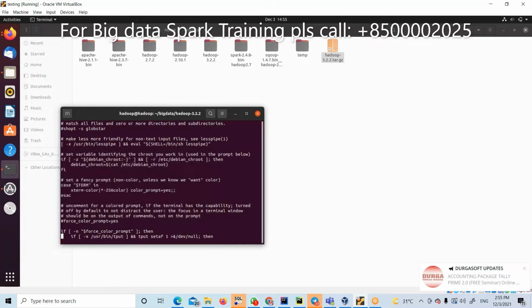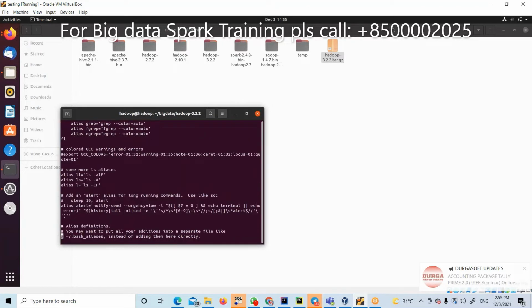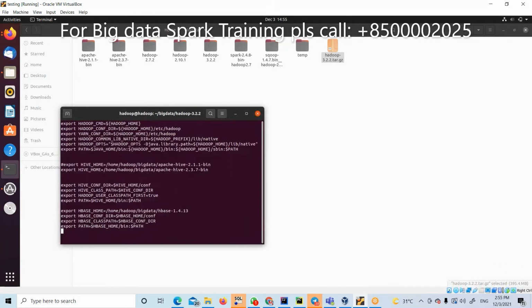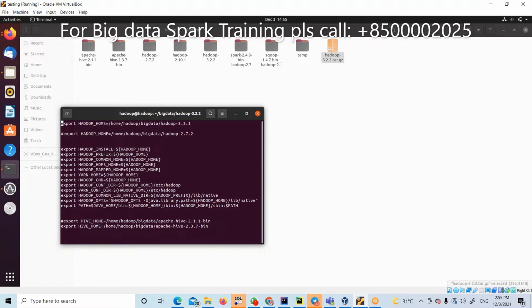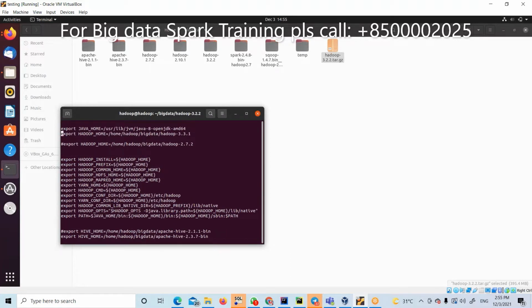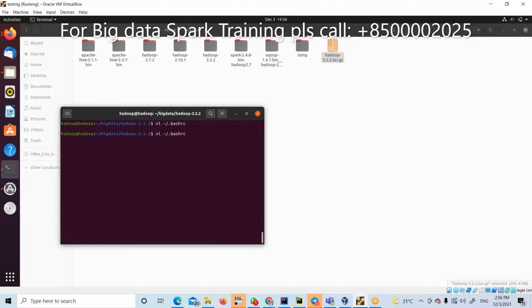Okay, if you want, Hadoop is also simple, very, very simple. I already shared these commands in the chat box. Export, simple, export. Otherwise, you do one thing: either use vi editor commands, otherwise gedit. Gedit, in most cases you use either vi editor commands or gedit commands. Anything is fine. Both are highly recommended.